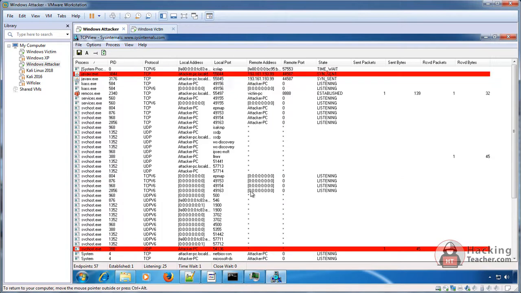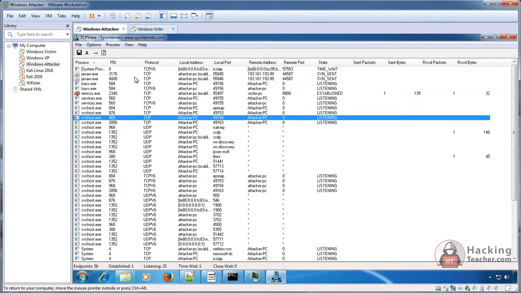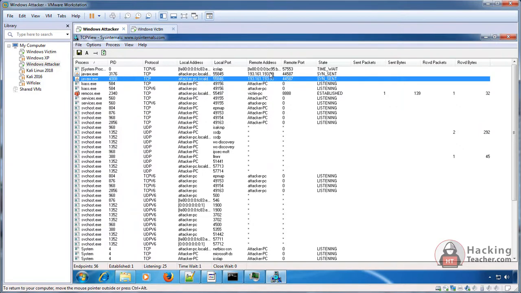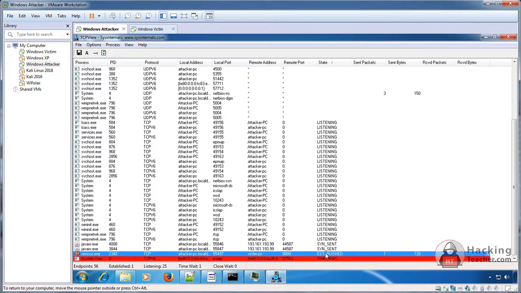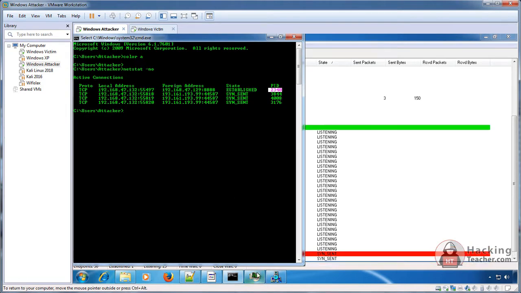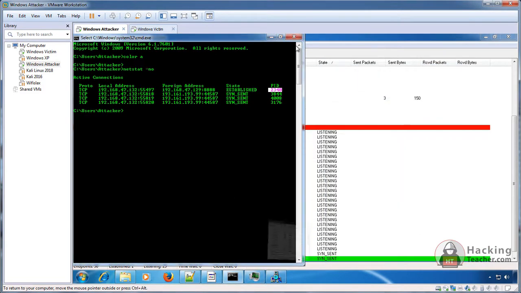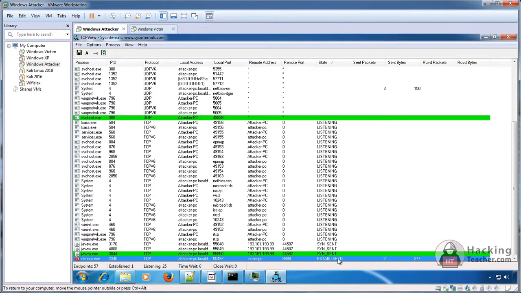Here you can see all the connections which are established right now. I can click on the State column where it says Established. There is only one established connection, and it's Ramcos connecting. Here it will show you the name, process ID, everything in one place. You do not need to first find it here and then go to Task Manager. It shows all the established connections in the same place.